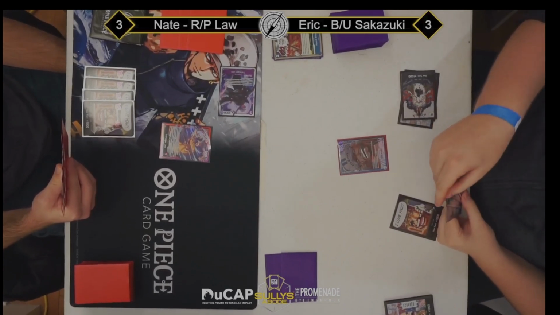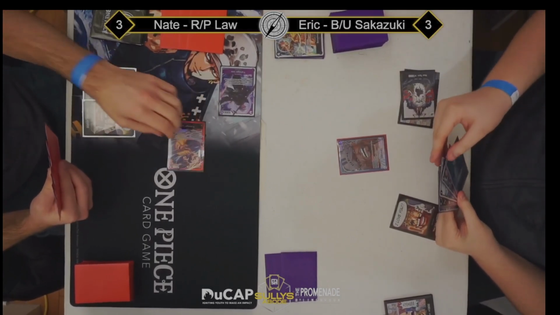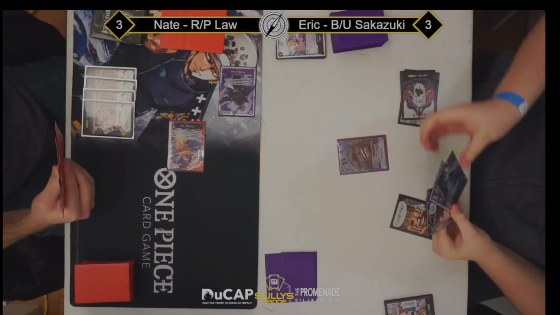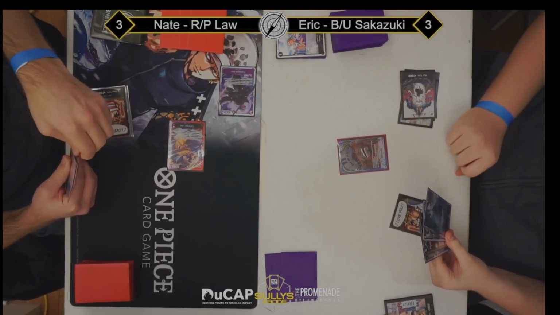That's when you have like 2 to 3 5Ks on board. Because like you said, you're staying at low don. So either you're playing cards or you're swinging. Yeah, you're not doing both. So he has 4 don up. We might see a